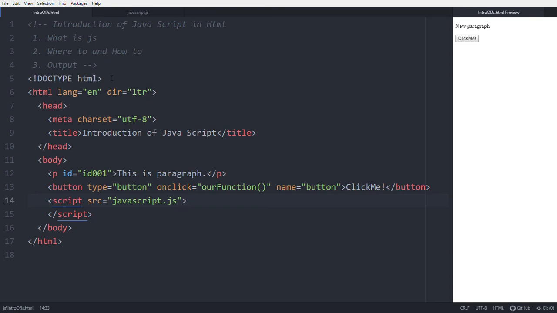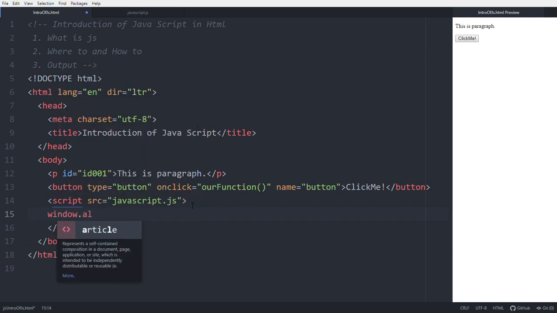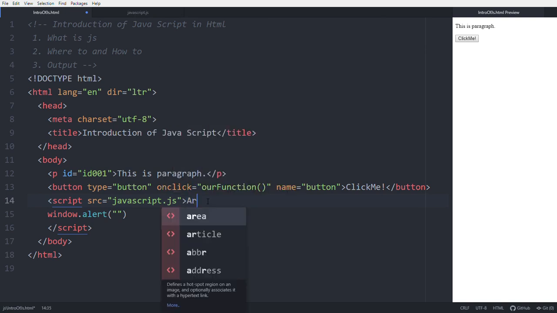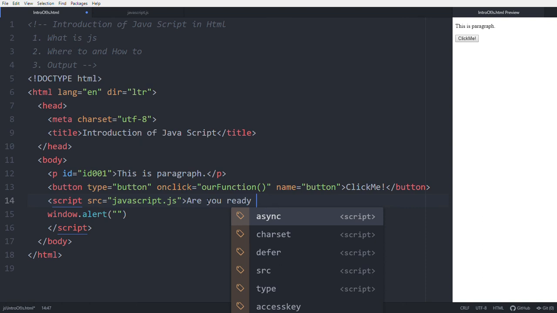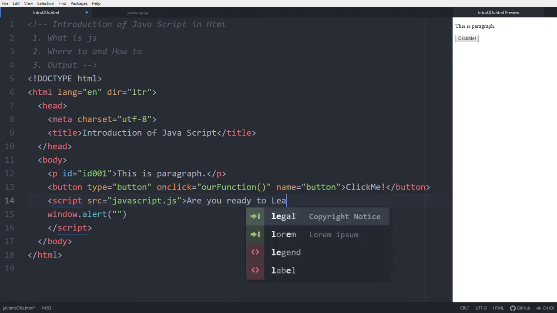Then coming to the other one, window alert. See how the window alert will work. You can use window alert in between scripts. Window alert: Are you ready to learn?